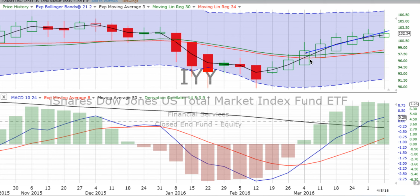Well, we have the market in a continued uptrend on the weekly chart. When I say the market, we always start with IYY, which is the iShares Dow Jones U.S. Total Market Index Fund. It tracks the entire market. What we see going on is we have a crossover back on the 4th of March, where the weekly chart